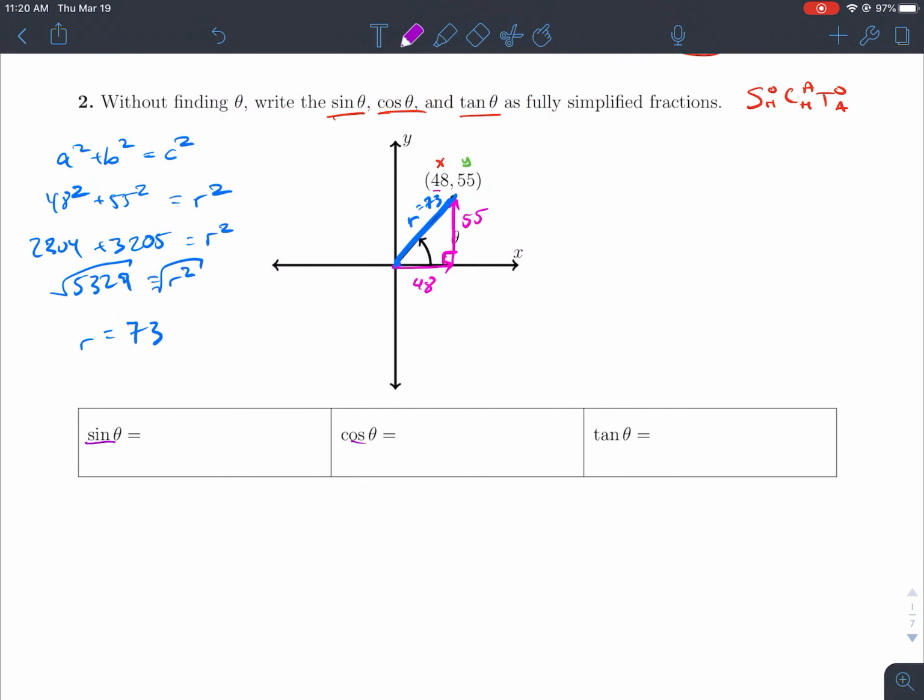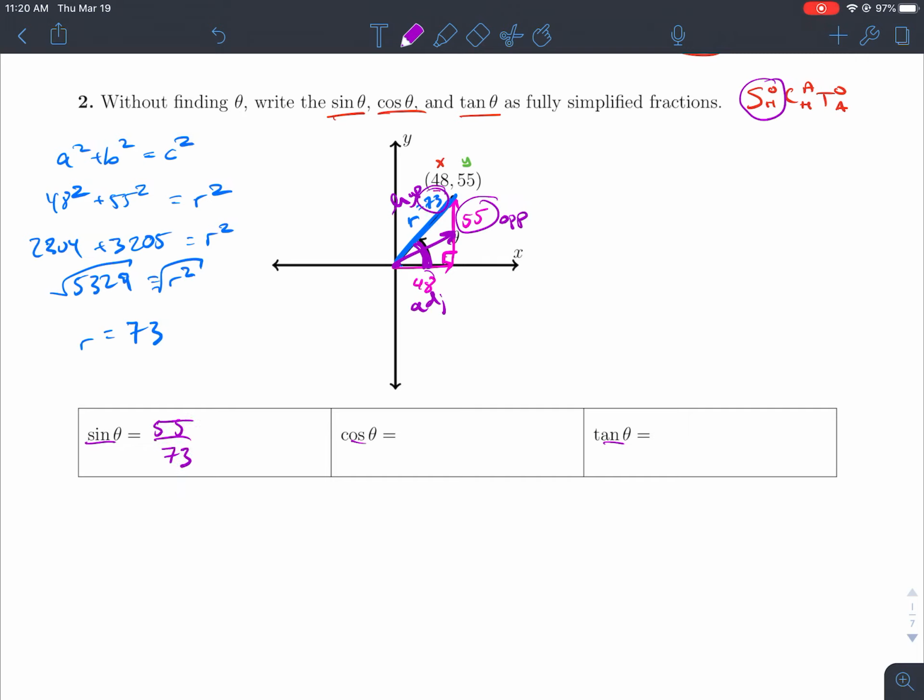All right, so time to figure out our sine, cosine, and tangent. So we have our focus angle here. So that gives us our opposite from that, our hypotenuse, which is the radius, and then the adjacent is the one remaining side. So using these, sine is opposite over